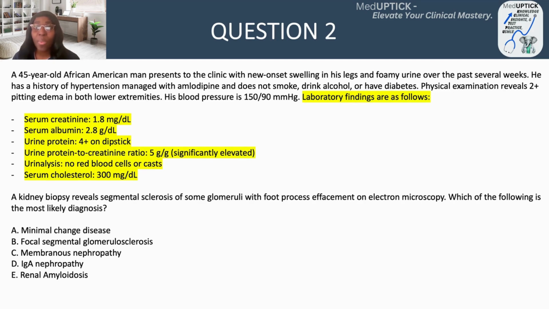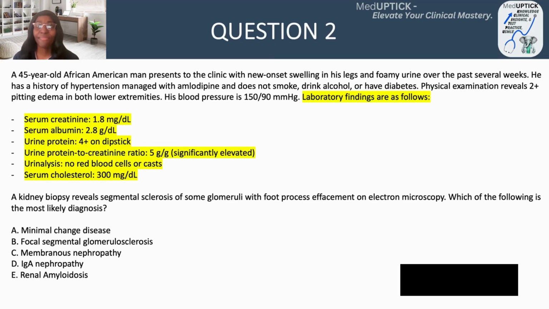The low serum albumin, normal range 3.4 to 5.4, is unsurprising because the patient presents with proteinuria, foamy urine. For context, 0 to 14 of protein represents the normal range in urine. 1+ signifies 30 milligrams per deciliter, 2+ refers to 100, 3+ to 300 milligrams per deciliter, and 4+ is 1,000 milligrams per deciliter. The absence of casts and red blood cells eliminates the concern for hematuria, ruling out glomerulonephritis and